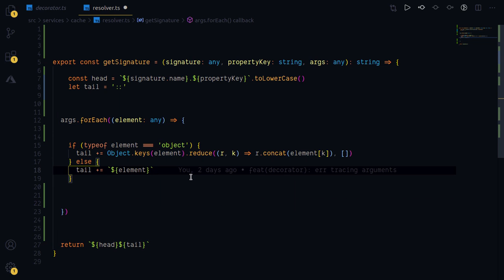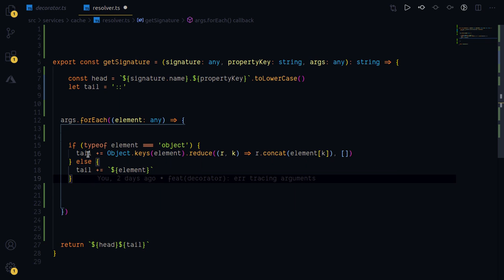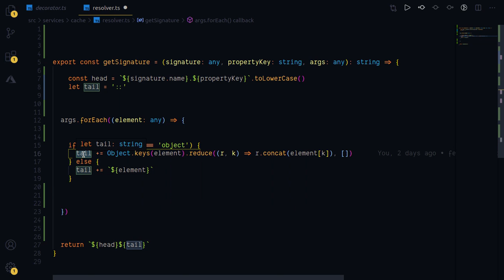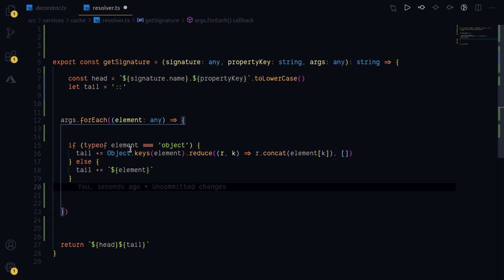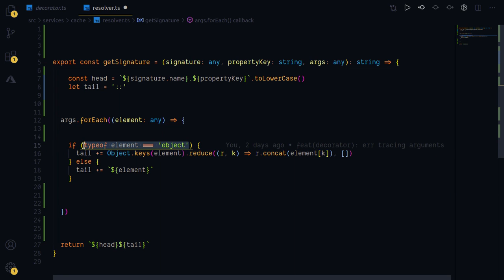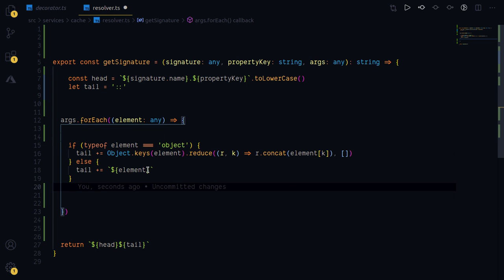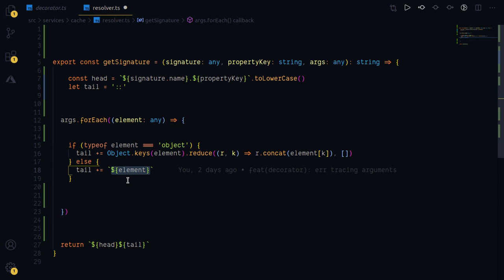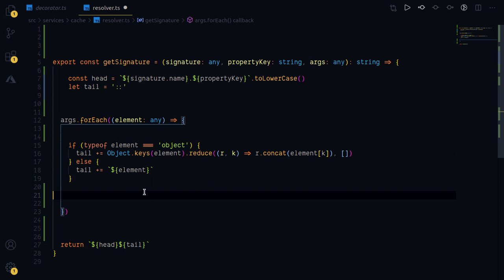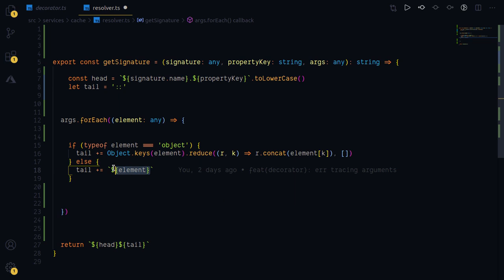And once that's done, the tail gets the parameters appended like a string, and if it's not an object, then it would be a string or a number. Whatever it is, if it's a string or a number, then we convert it into a string, just so that we have uniformity and we don't face any asymmetric issues like colliding with the string functions that we have, and then we form the tail of it.